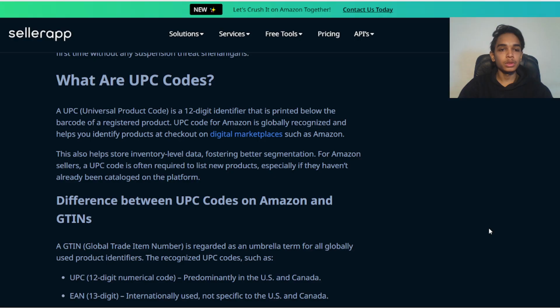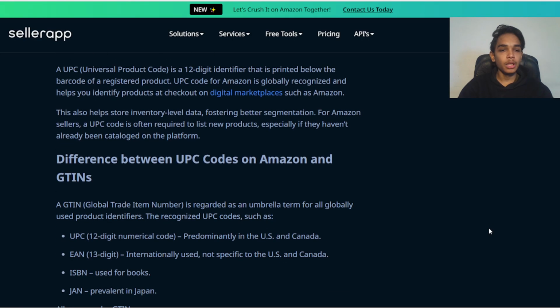This also helps store inventory level data, fostering better segmentation for Amazon sellers. A UPC code is often required to list new products, especially if they have not already been cataloged on the platform.